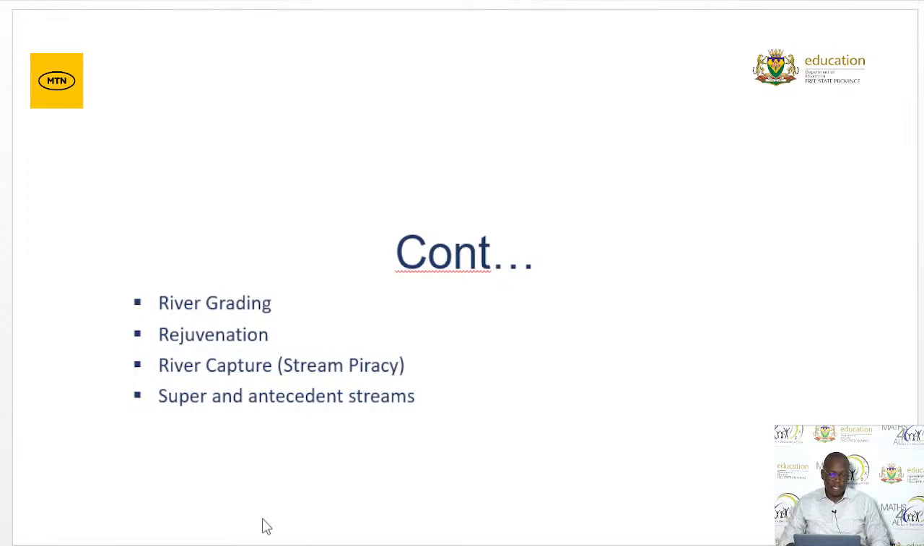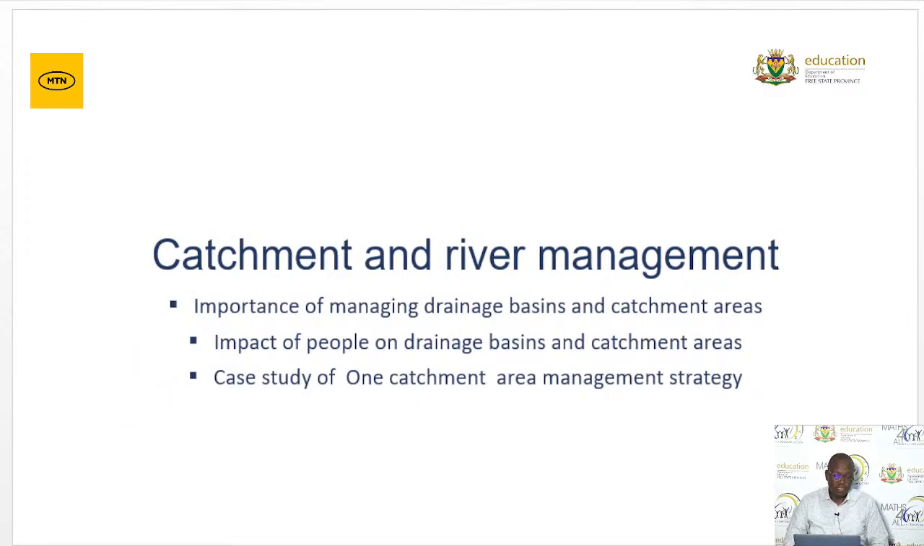And then catchment and river management, the importance of managing drainage basins and catchment areas. Why is it important for all of us to manage drainage basins and catchment areas? So the impact of people on drainage basins and catchment areas. In terms of the impacts, we're basically talking about how people are affecting or polluting water. Most of the time, this question will be asked based on a case study, like I said before. Then one must be able to explain the strategies on how to reduce the impact that people are having